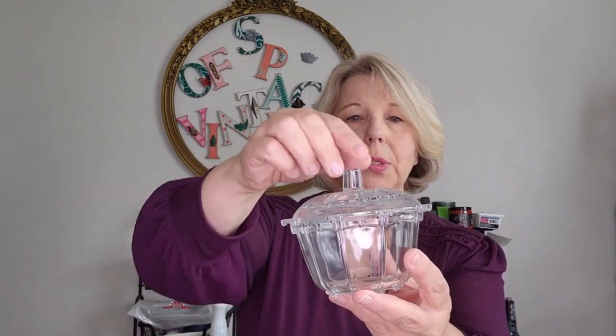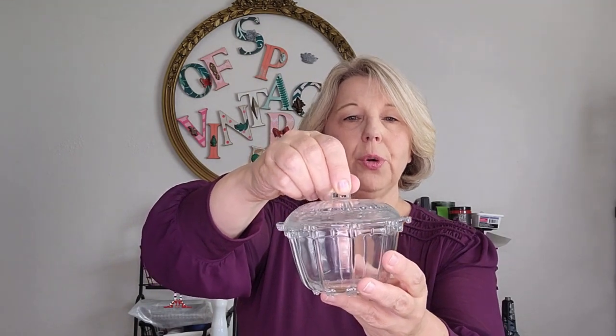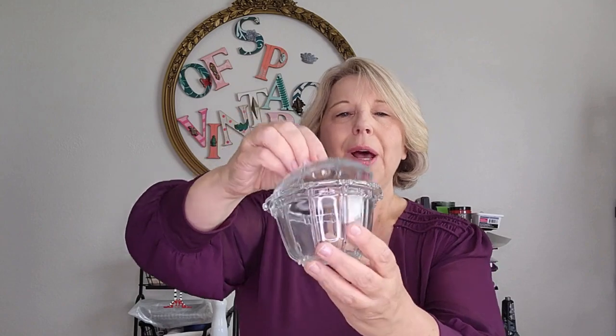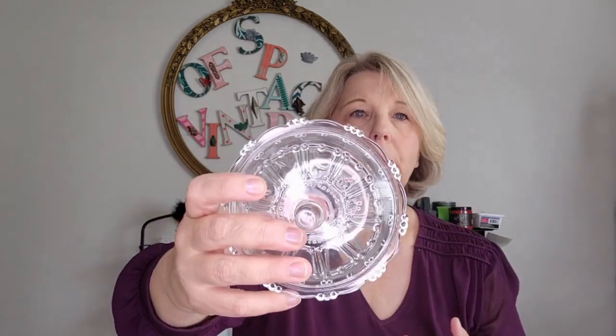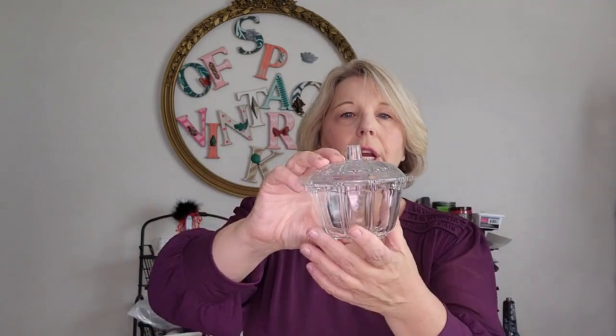I also found this clear glass. I just thought this was a beautiful little vanity top bowl, perfect for storage with your cotton balls, your hairpins, your barrettes, your scrunchies, whatever the kids are into now. But it's from KIG. It has that depression glass look to it, and it's also what they call the oyster and pearl design. So if you can see those little tiny pearls there, it's really a beautiful little piece. I grabbed it just for the aesthetic value of it